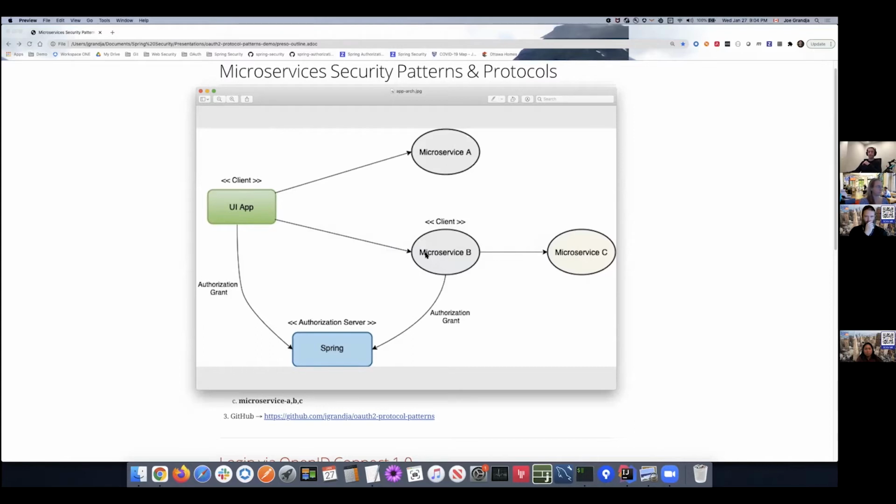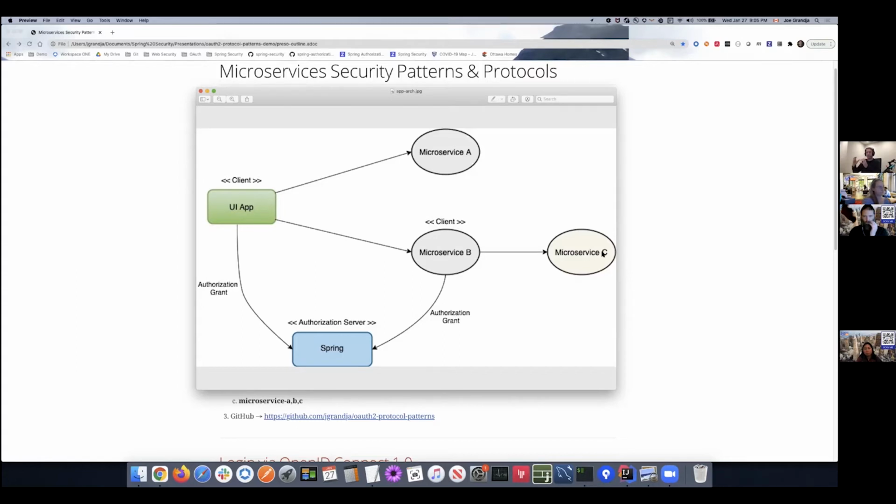We have microservice A, microservice B, and microservice B calls microservice C, right? This is a typical use case where you've got a client application, whether it's a mobile app or a web application, that potentially calls multiple resource servers to ultimately aggregate the data and display it in the UI, right? But then you also have resource servers that call downstream resource servers to gather more data, right? And this chain of calls between microservices could be quite deep. It all depends on the type of application, right? In enterprise-grade applications like banking applications, you probably have multiple call chains happening,